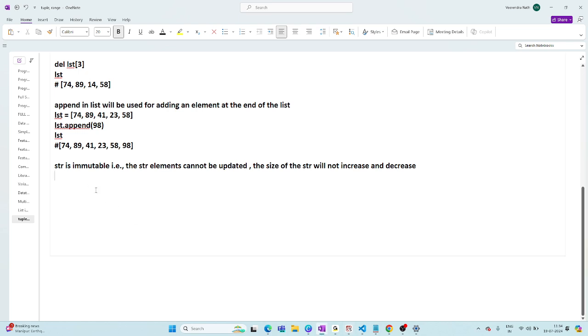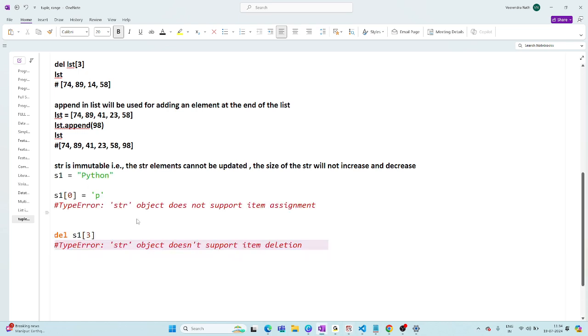With a list we deleted and we added also by using append. So whatever you use, str will not be updated. For str also you have some methods, which convert to lowercase or uppercase, but whatever you use, it will not change the original. The original will never be changed.